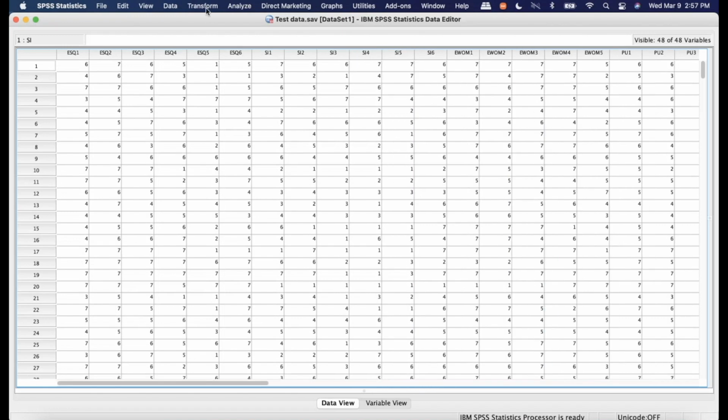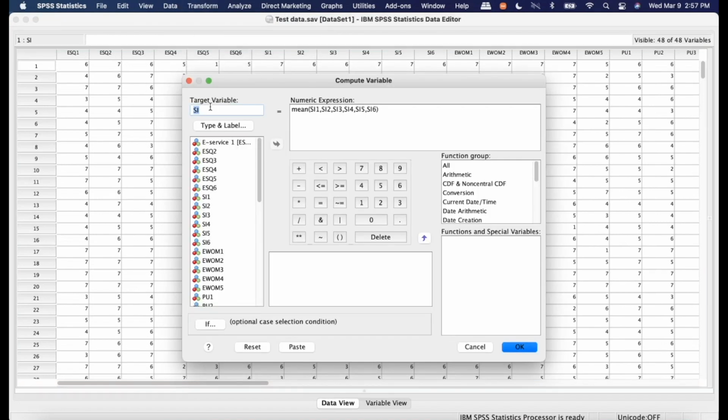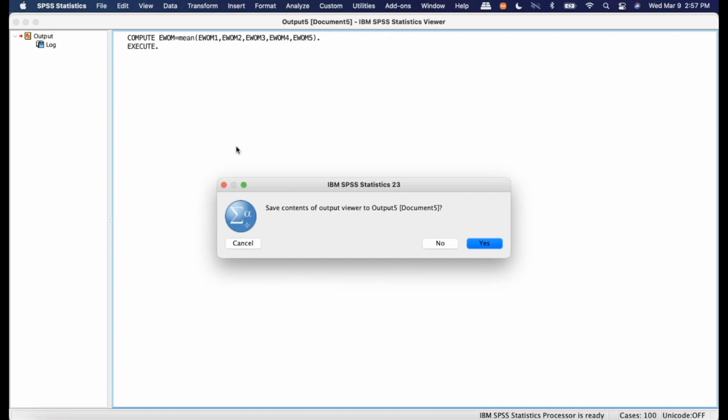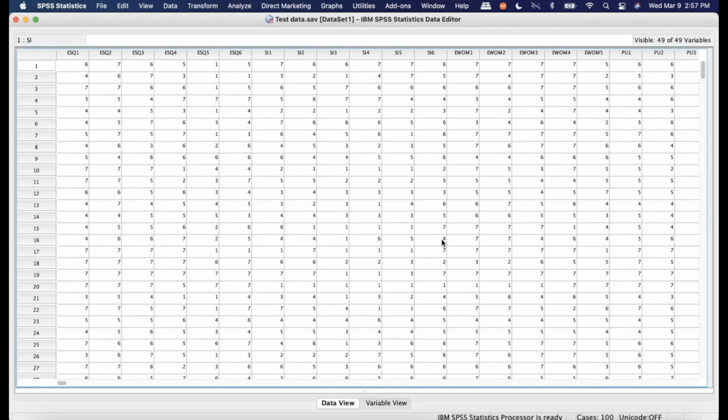Similarly, you can compute variable for the next variable, which is EWOM. Similarly, we need this mean. So EM1, 2, 3, 4, and then 5, and then press OK. Now we can see we have 3 new variables in our system. Okay, now let's try to take this example and